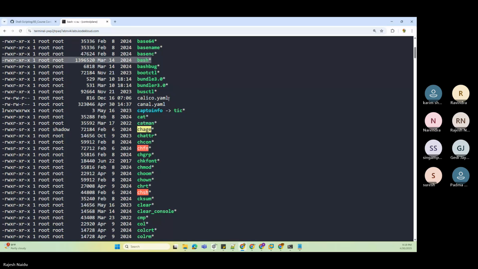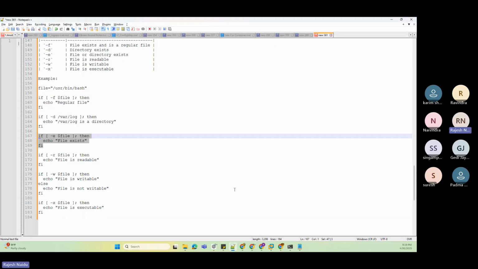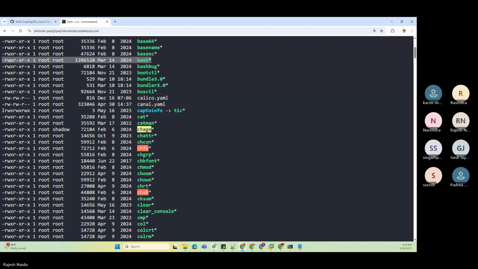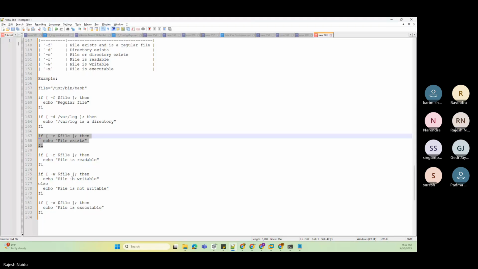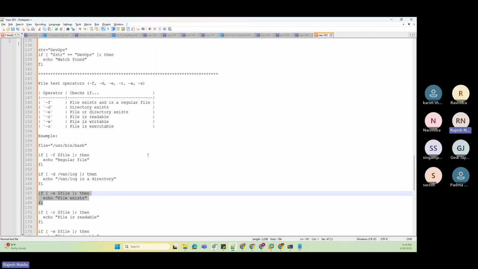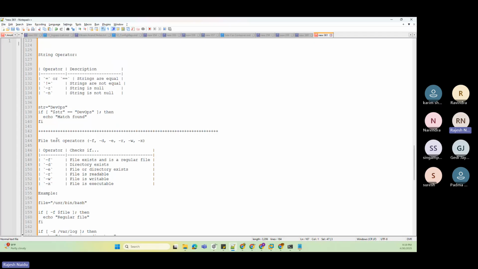Yeah, readable, correct. R is showing that it's readable. The next, w, is it writable? Yes or no? Yes, it is. rw is there, writable. Then x, it is executable. So this is the way we can check whether the file is readable, writable, executable with the file test